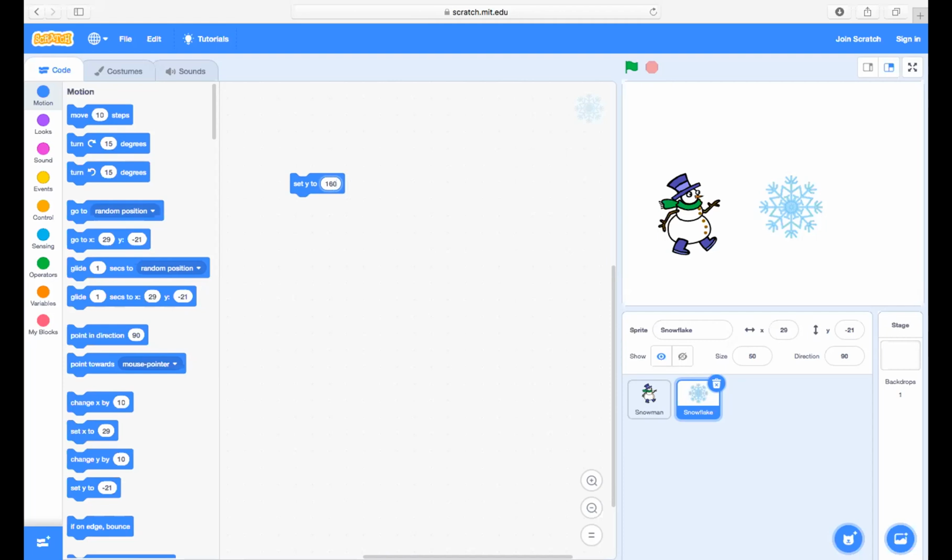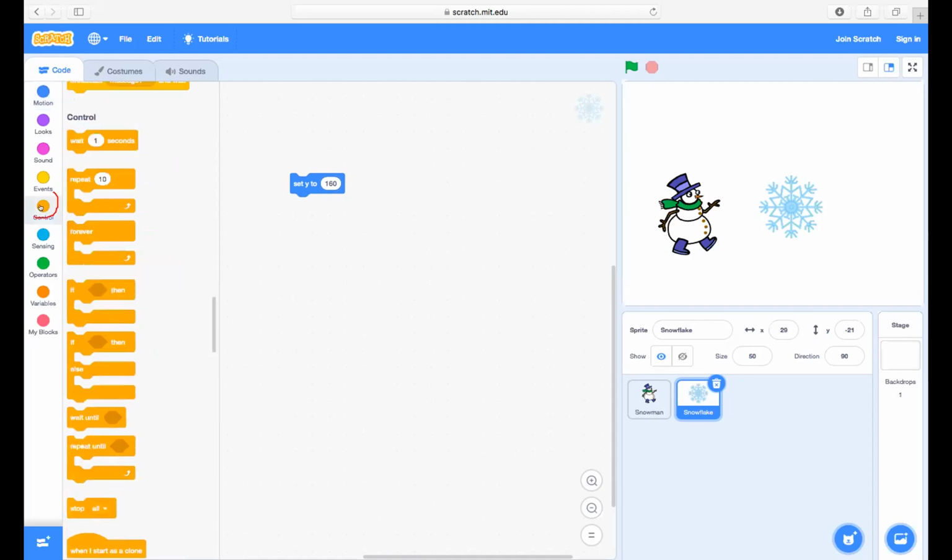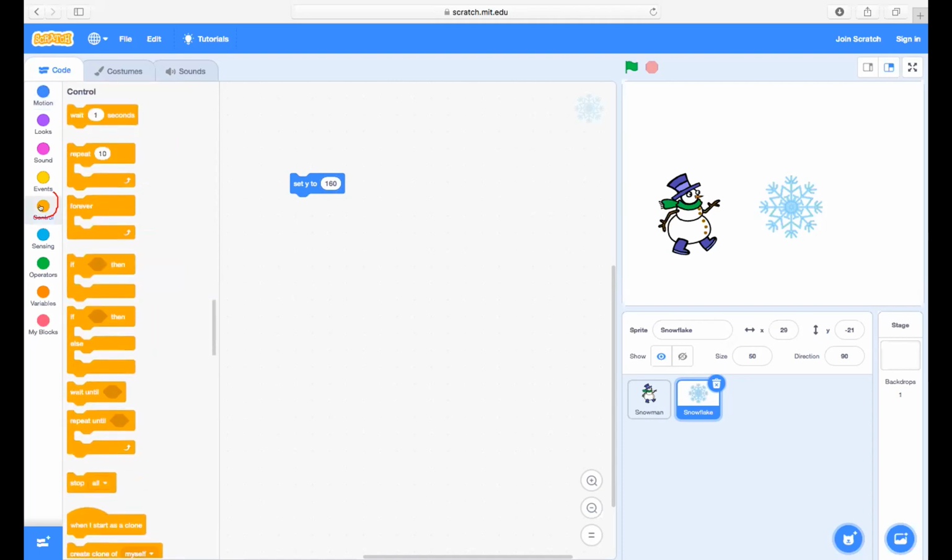Very good. Then let's go to control. Then drag and drop this repeat over here, below it. It should come over here, below it. Not over there, yes, below it, very good.